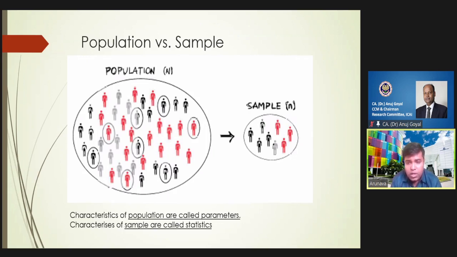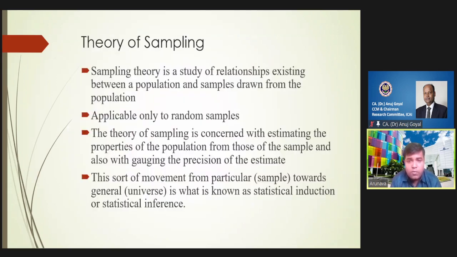But why do we need statistics here is because the theory of sampling says that when we are trying to study a relationship that is existing between a population and a sample, we have to theoretically and mathematically define the relationship and prove that this relationship is significant. To prove that the relationship is significant, we need the help of statistics. So unless the statistics proves that yes, this sample is exactly the representation of the population,